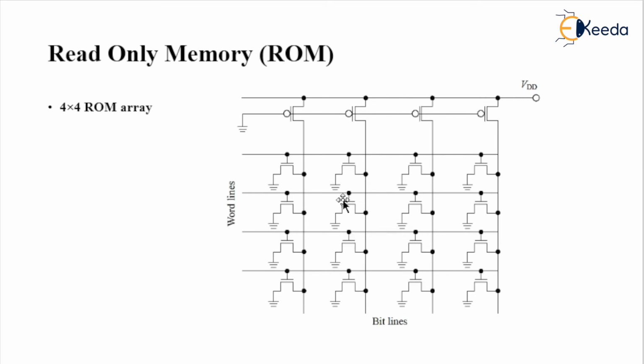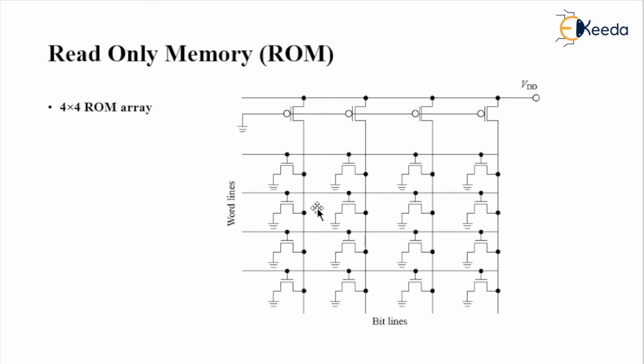If there is any absence of an NMOS transistor at a cross point, meaning where the word line and bit lines intersect with each other, that is the case I want to discuss. When there is an absence of an NMOS transistor at the cross point, meaning the intersection of word and bit lines,